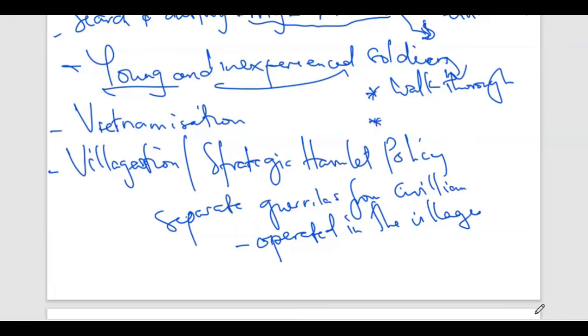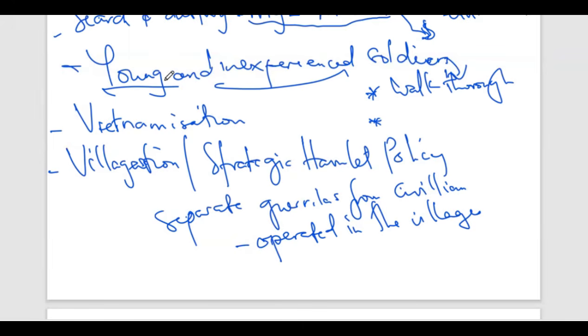And also the villagers who were taken to the new villages, they were not happy for them to be forced to live out of their ancestral land. They had been on their ancestral land doing their farming. Then now there's a new policy which is driving them away from their ancestral lands. They were also not happy, such that they ended up giving more support to the guerrillas, and also giving more protection to the guerrillas so that they would keep on fighting. They were now no longer interested in any of the American things and ideas. They were now only interested in their unity with North Vietnam, which was at liberty.